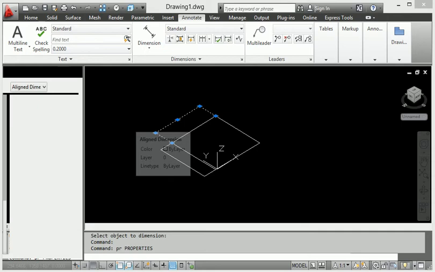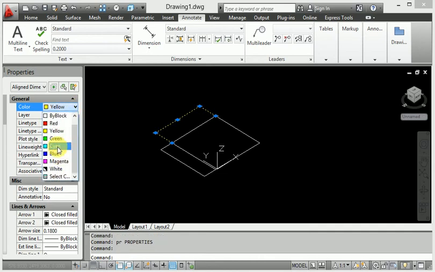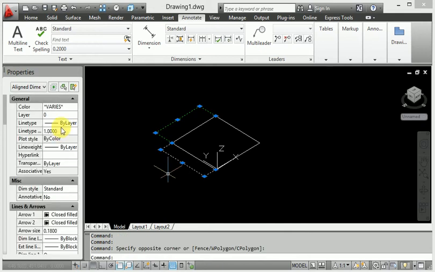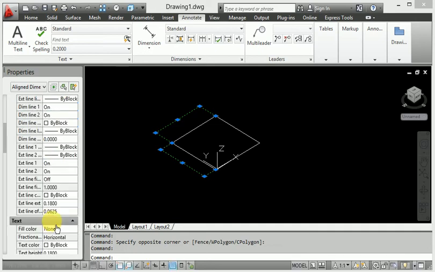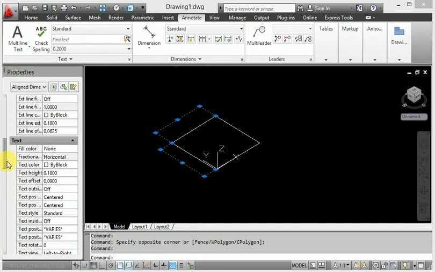In properties, we will increase the dimension size and height. I provide a particular color here, then also provide another particular color. Then again I come from the down direction and give the height and distance.